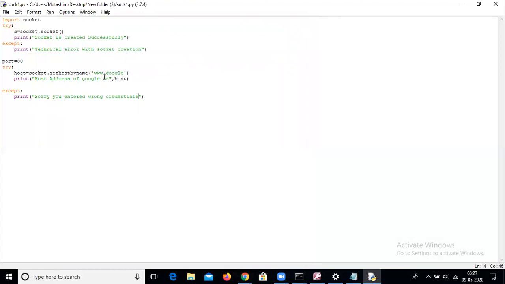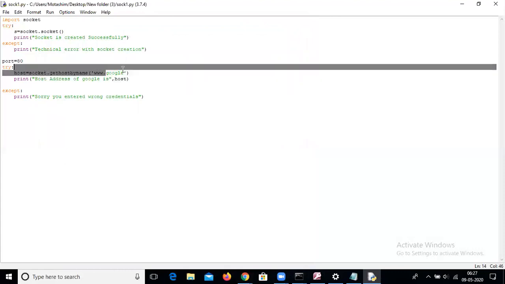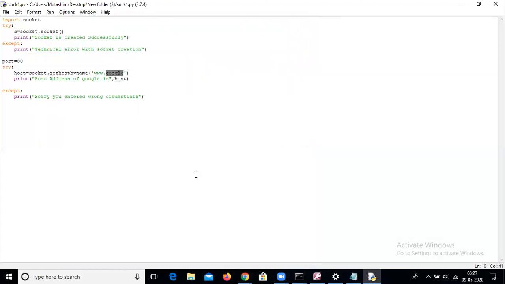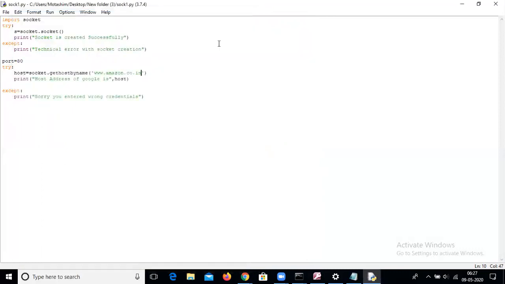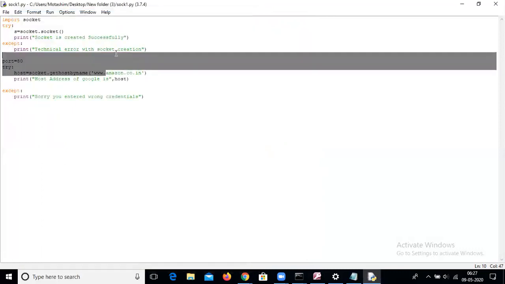Now I'm going to change this Google to Amazon. Let me check what is the host address of Amazon. Amazon.co.in, Ctrl S, F5. This is the web address or IP address of Amazon. Let me check the host address of JIT.